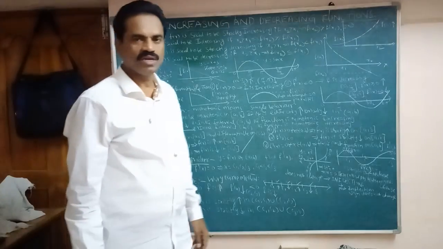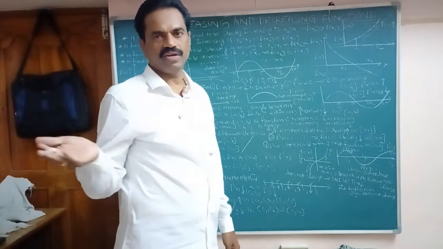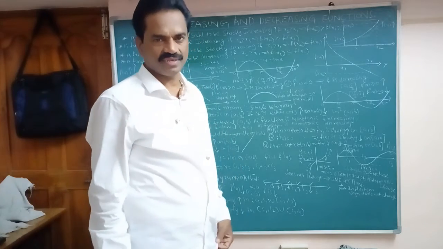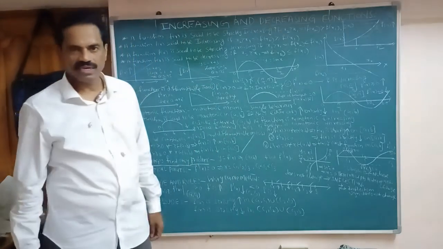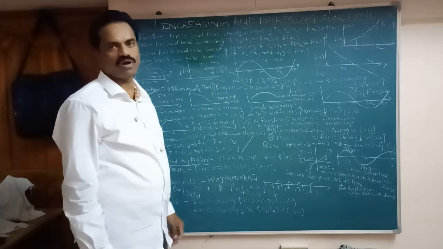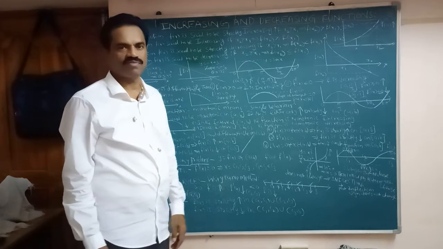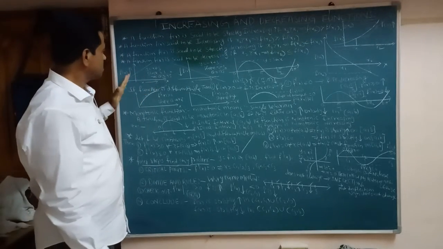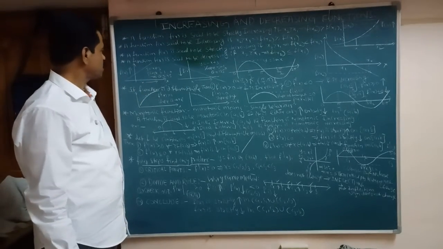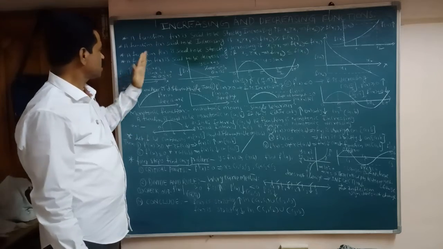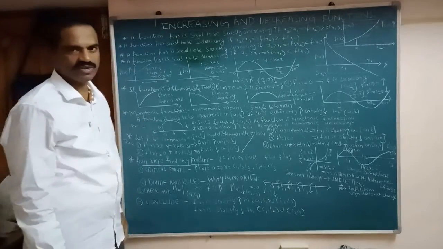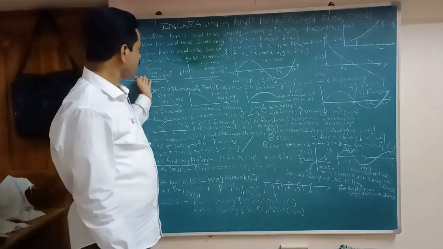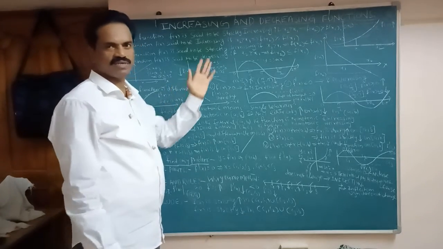M equal to 1. The inclination is the angle with the positive direction of the x-axis. Then what is the slope? Tan theta equals how much? 1. Then theta is 45 degrees. So here y equal to x plus c, slope is 1, theta is 45 degrees. Then its graph is increasing. So the curve f of x is increasing. Here the angle is positive, so the curve is increasing.